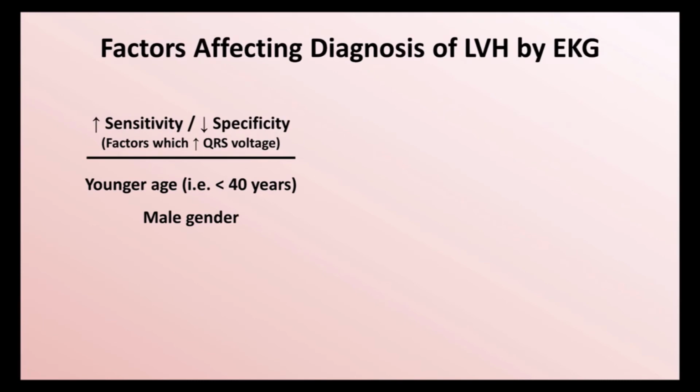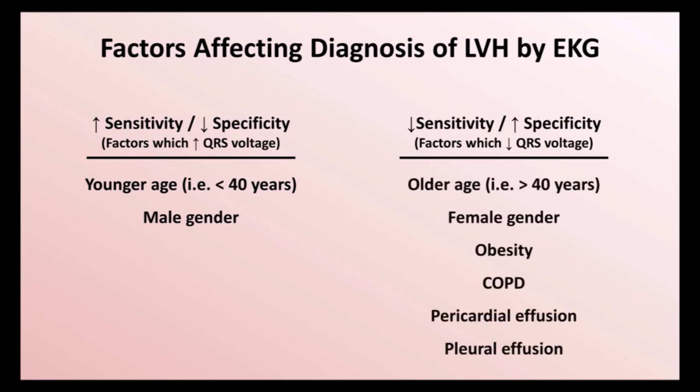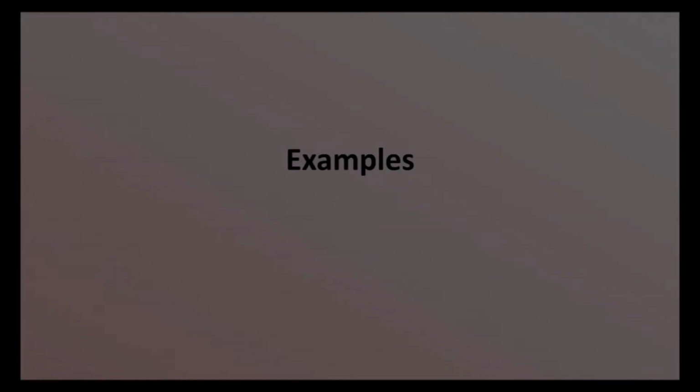Then there are factors which decrease sensitivity but increase specificity, that is, factors which decrease QRS voltage irrespective of LVH. These are older age and female gender, as well as obesity, COPD, and pericardial and pleural effusions. At this point, I'm going to